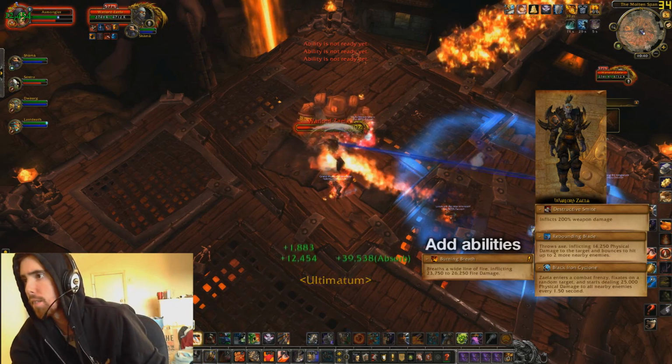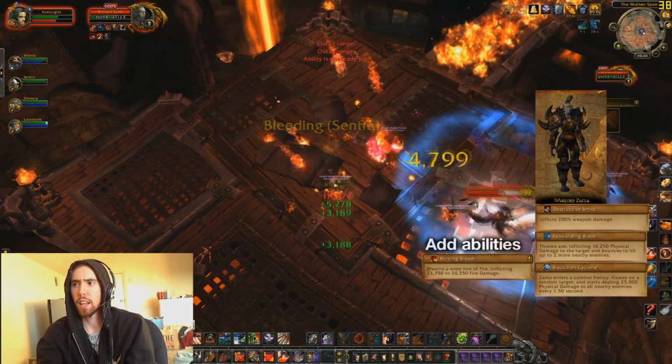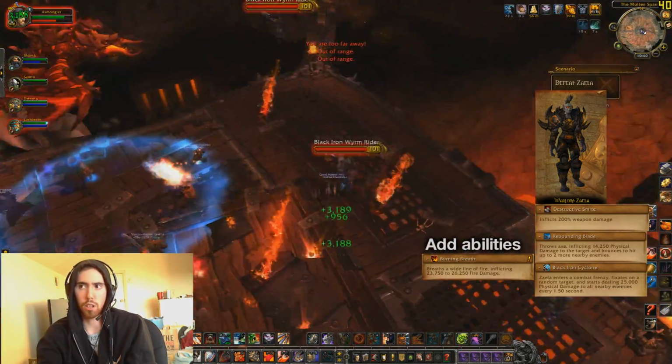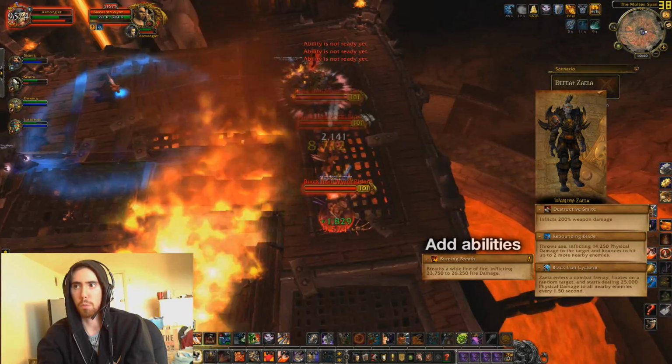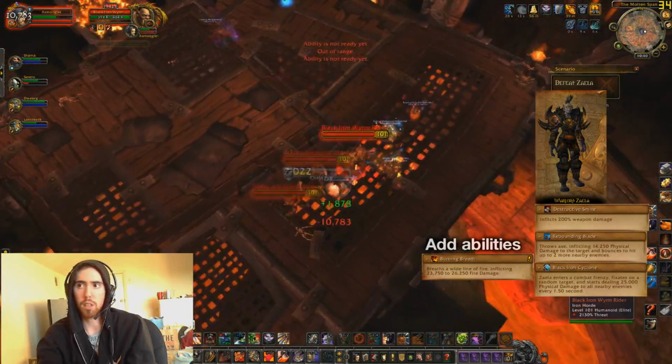What is it called? Destructive Smite or something like that. And then after she does that, the Destructive Smite is the knockback. And alright, so she had 50%, and they're the Worm Riders. Now these dragons, the way that they